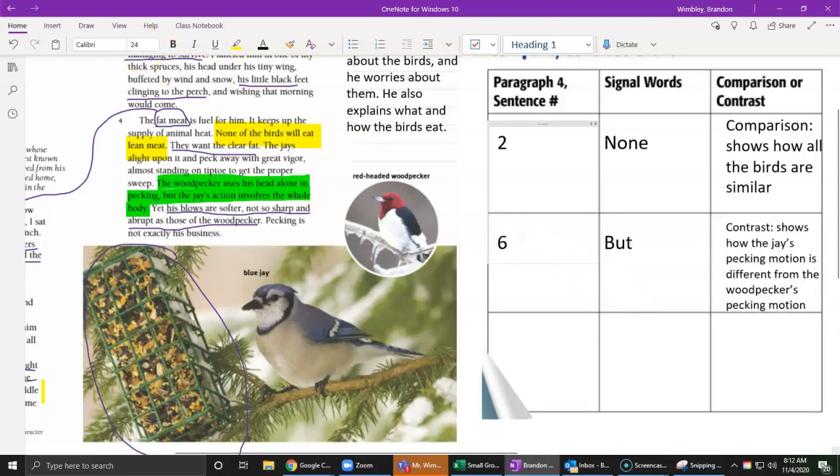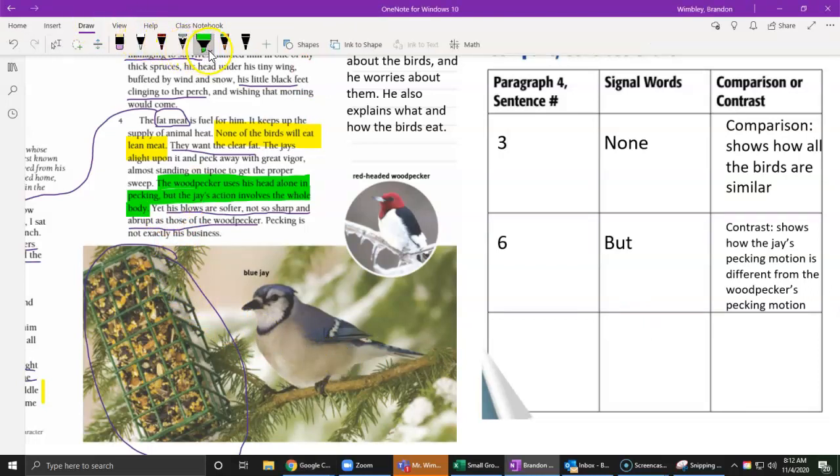Now, is there another one that we can find? Oh, Mr. Wimbley made a mistake. This isn't 2, because it's 1, 2, 3. It's paragraph 3, so sorry about that, guys. So now, what's another difference that I can find? What other sentence in here has a comparison or a contrast? How does the author tell me how the blue jay and the woodpecker are the same or different? So let's keep going. And if I look right here, my very next sentence, sentence number 7, actually tells me